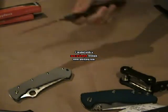Okay. Can you see where the lock bar landed? Okay? Now this time if I give it a...